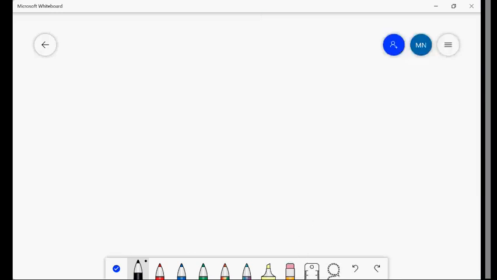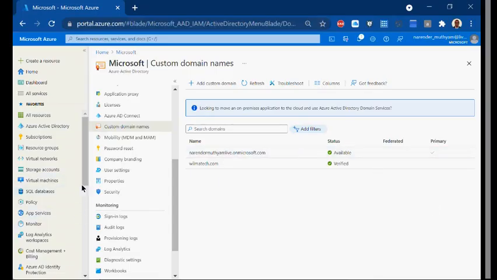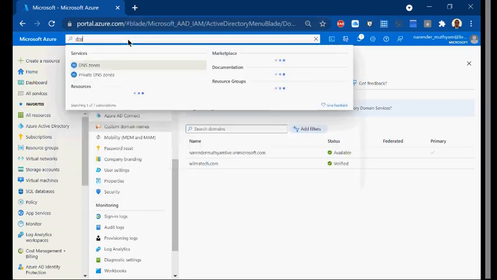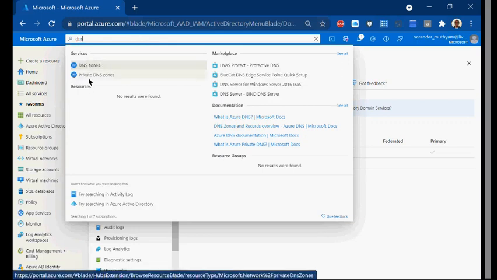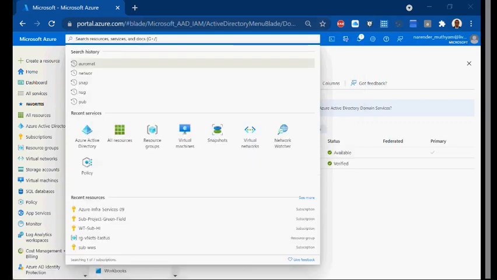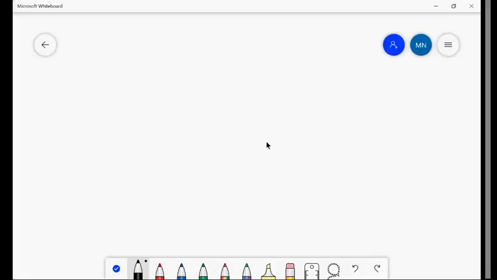right? You can very well stand up by going to Azure, and from here itself you can bring your own DNS here, right? Any questions here? DNS. So here you can use your DNS zones and private DNS zones, but ultimately the idea behind this is, what is DNS? DNS is a name resolver service which will convert IPs to names, names to IPs. Simple. With the help of zones, and a zone will contain the forward lookup zone and the reverse lookup zone, and both will have the records.